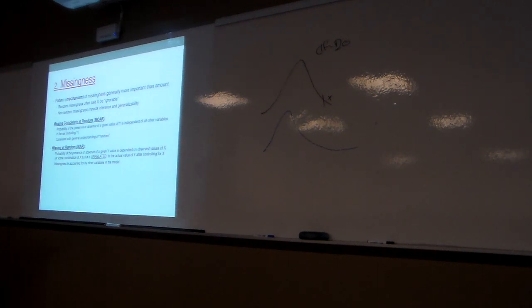But if it was higher than 140, then we've got a value here, right? So our value on our outcome isn't random. It's dependent on a previous assessment. But if we go through and we have that other variable in the model and we've accounted for it, and once we account for that variable, whether or not we have missing on our subsequent outcome happens at random after controlling for that, then we would say that these data are missing at random.